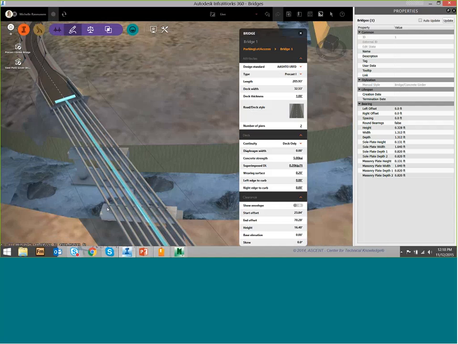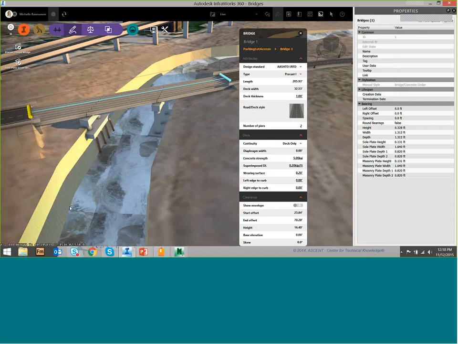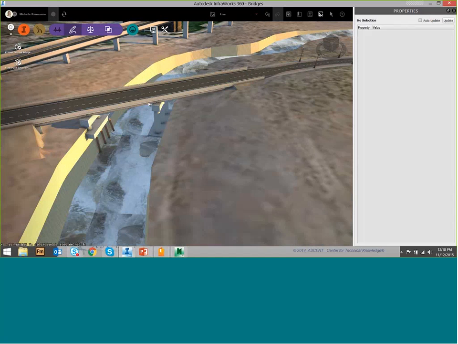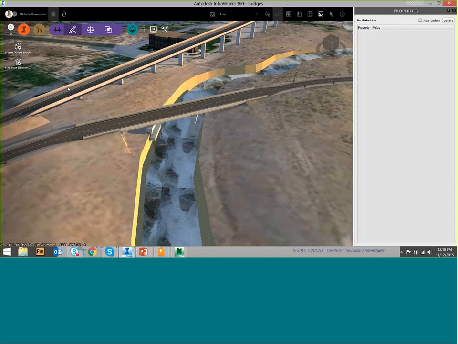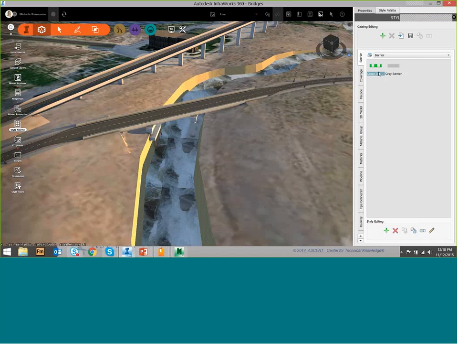Now the next thing I want to do, I was talking about my style. If I don't like the style that it's using, I can use the asset card to change the style, or I can actually bring up my style palette. So here's my style palette, and I will find my, oops, someone changed. I think WebEx might be interfering. There it goes. Okay, past it. So here are my bridge styles,